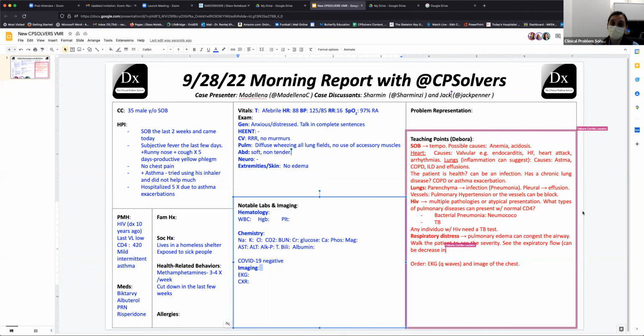The other things to do in clinic, you can give them either an albuterol nebulizer if it's possible, or an MDI with a spacer. I think both of them have good efficacy, and see if there's any benefit from that. And the other question is, we're assuming this is an acute exacerbation.